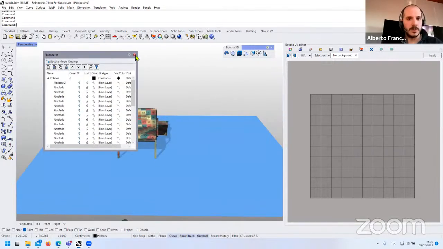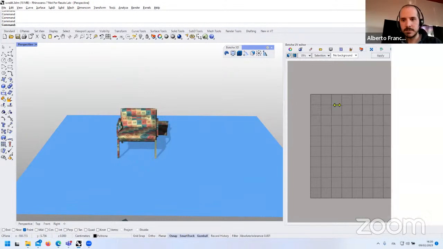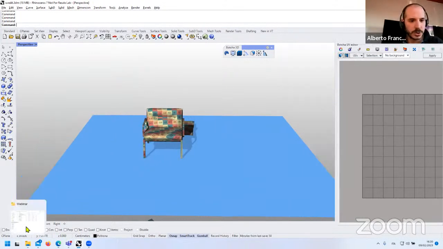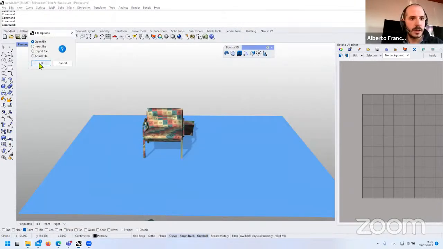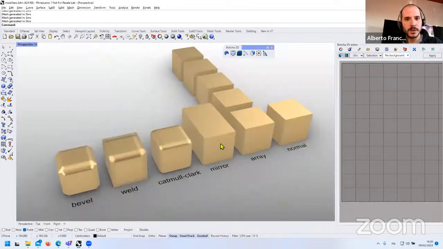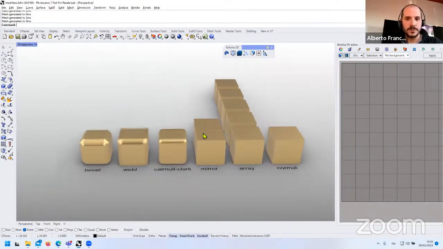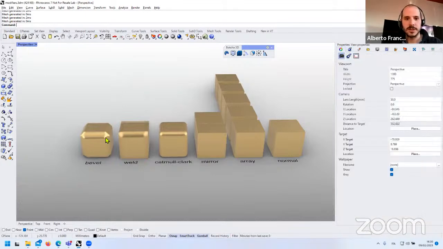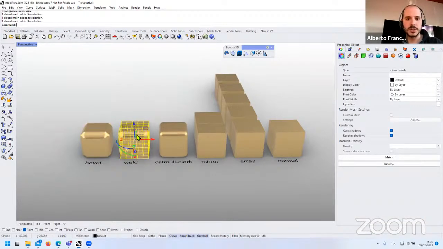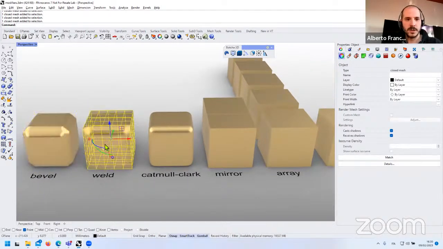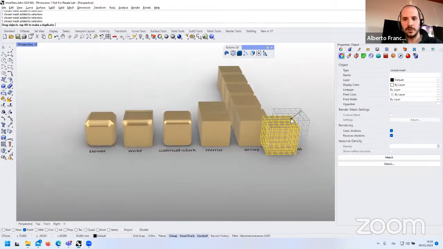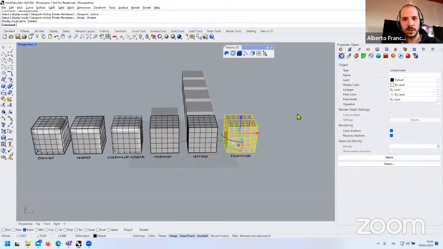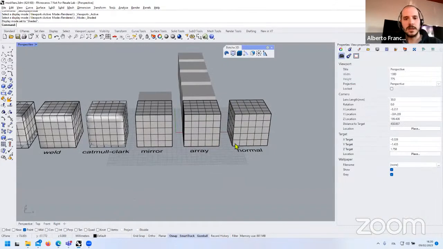Cool. So the next thing that I want to show you is about the modifiers and how they work. So here we are. The interesting thing about this is that all of these objects are the same exact object. So this cube that I created. Maybe I can go to shaded, which makes it a little bit more understandable. This is the normal